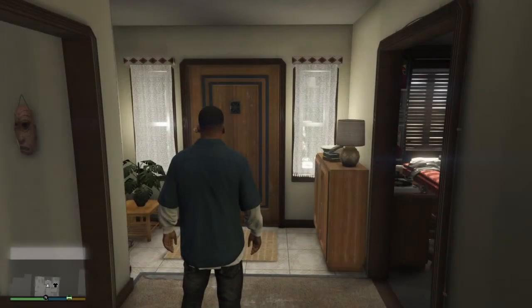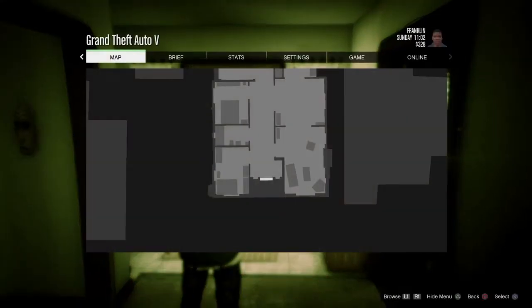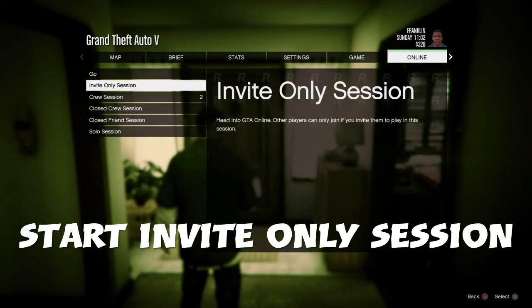Alright, now once you load into single player, you'll see that the time's frozen. If you pull your phone up, you see my time staying right there on 11:02. Alright, that's perfect. We've frozen time now. Now what we're going to do is pause. We're going to go over to online, play GTA Online, and we're going to start up an invite only session